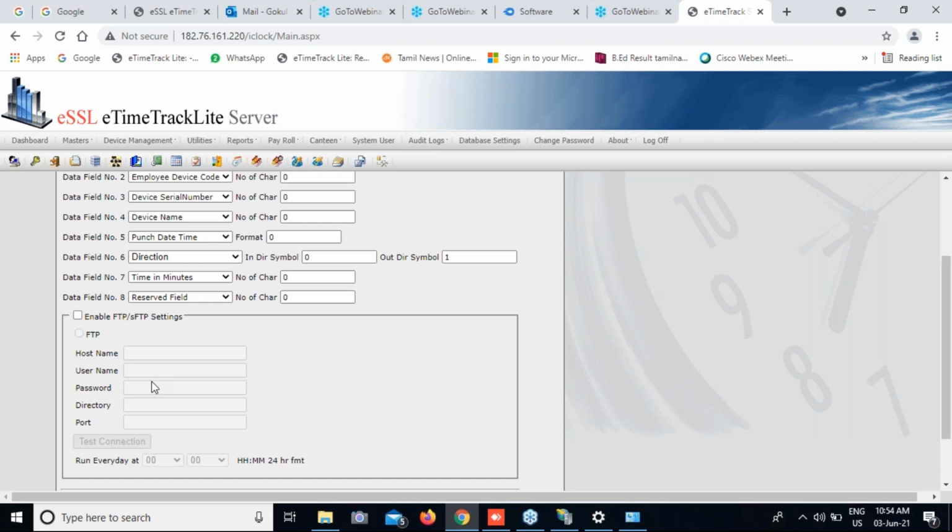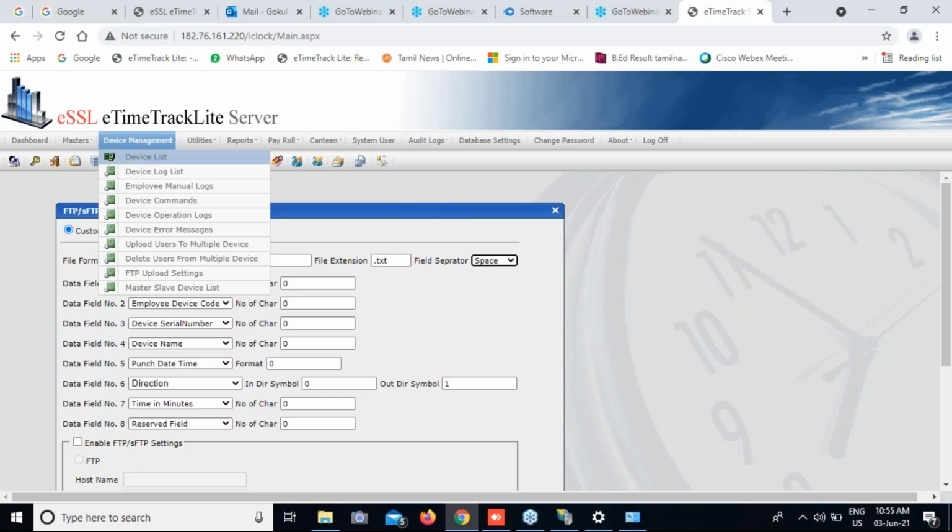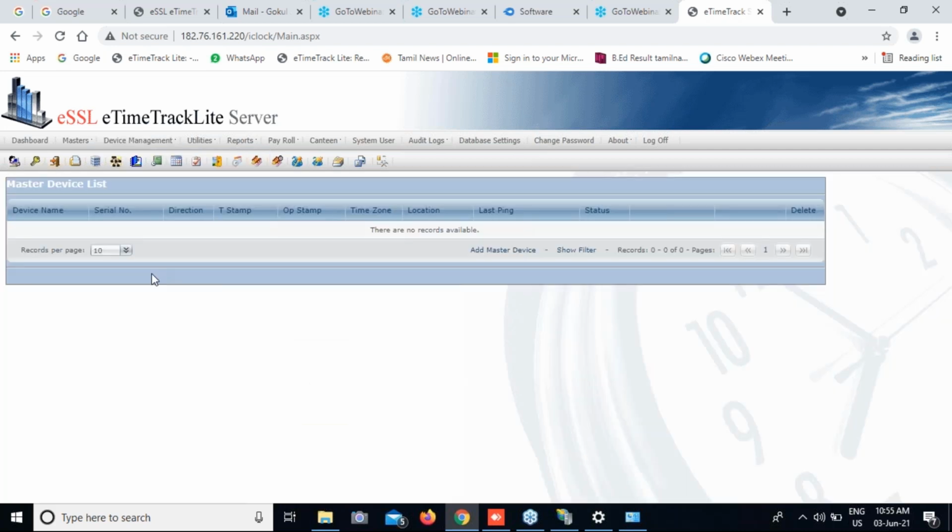Then as well as the custom save device concept. Suppose I already said there are 10 departments, and each department is using 10 devices. That concerned department doesn't want to register on all 10 machines. If we register only one machine, we can add that as the master and the remaining 9 machines as slaves.